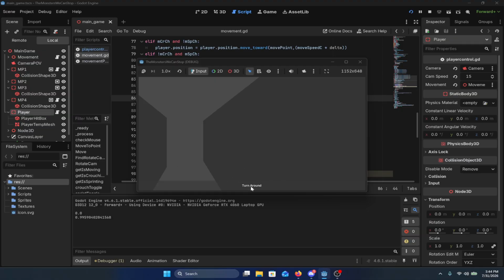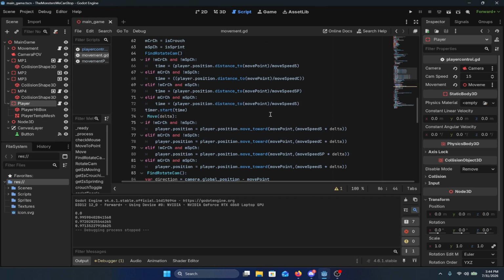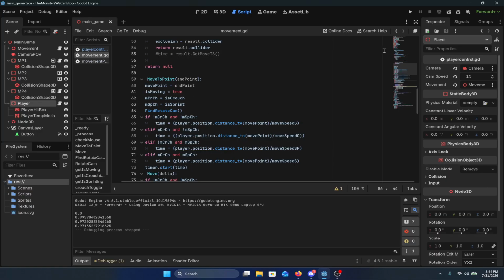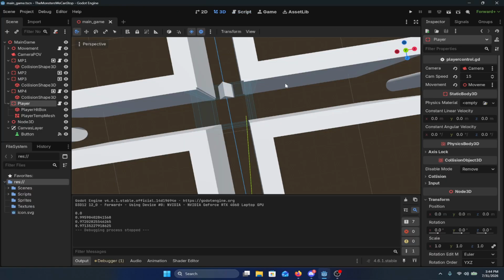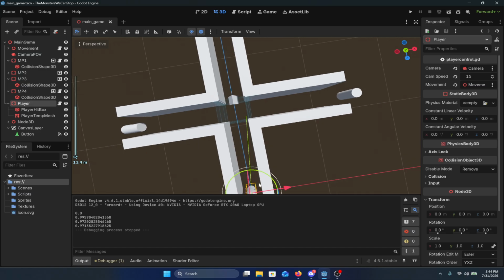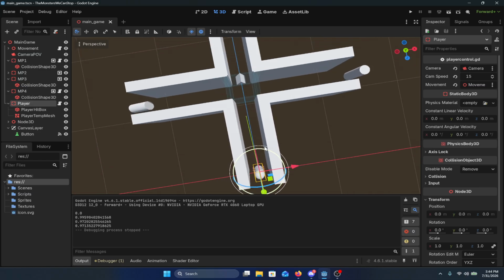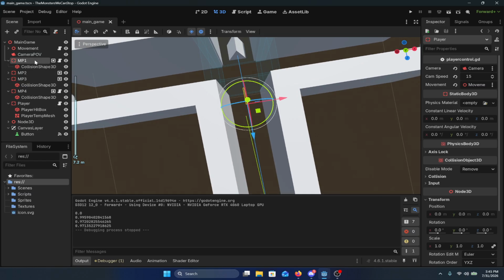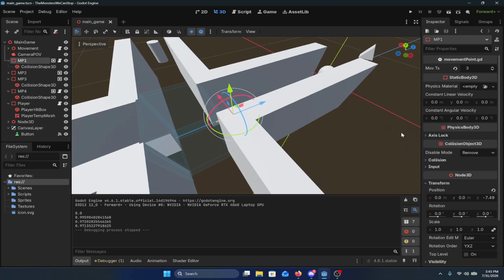That's 0.9. And move point is literally just that end point, meaning that the 2 points I have are the camera and this point right here, meaning because they are in a straight line, it should be